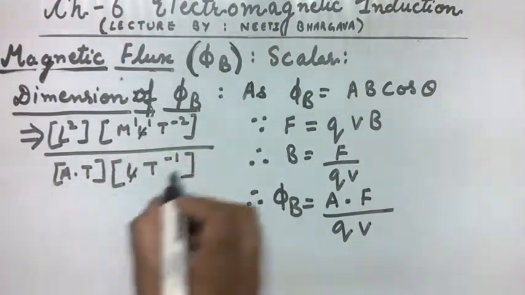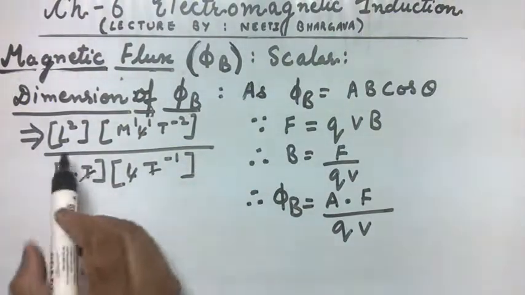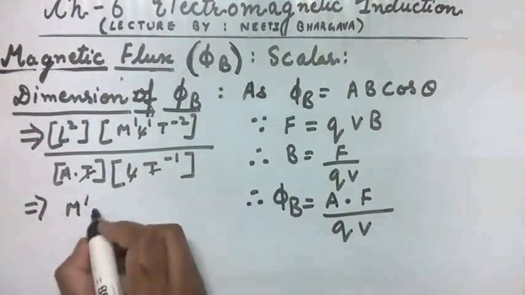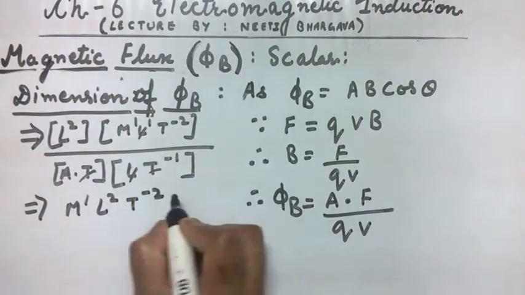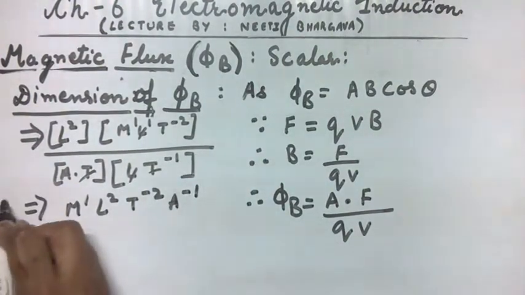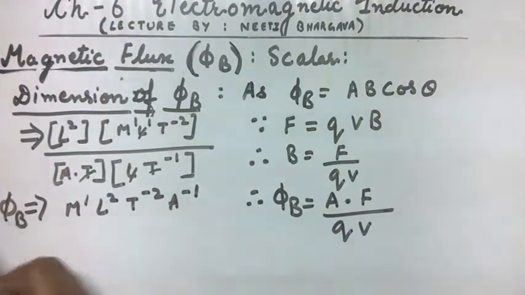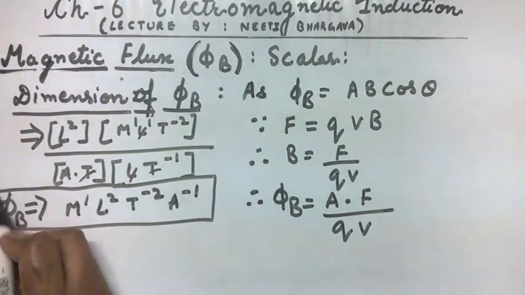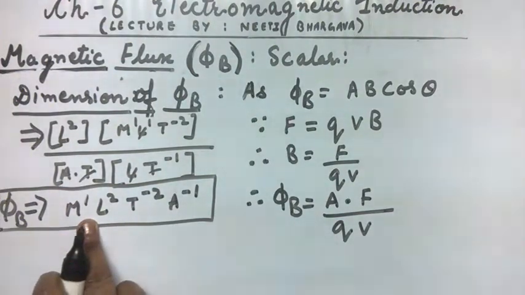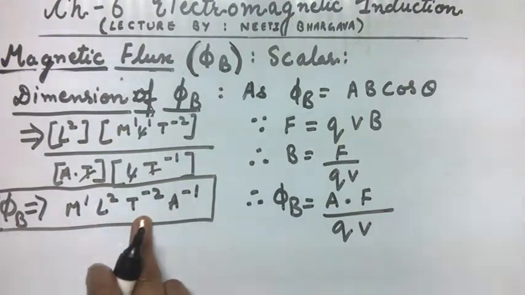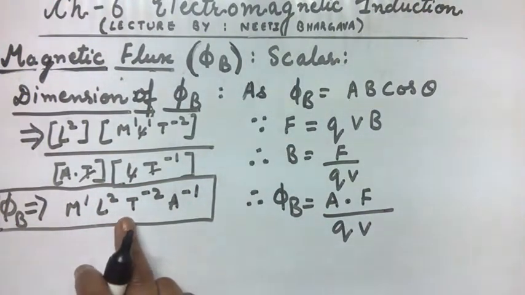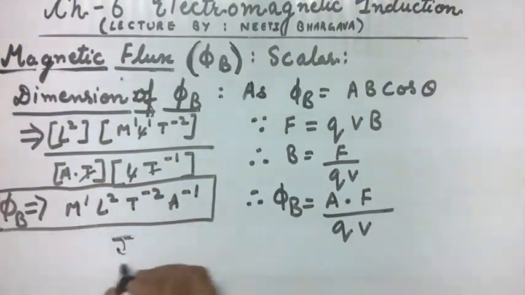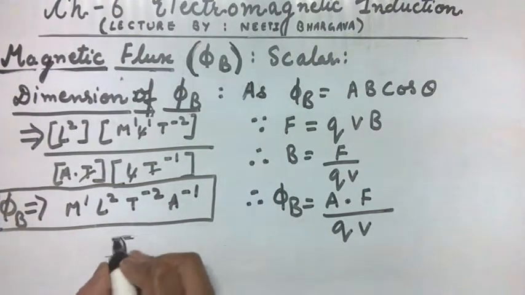L and L cancel out, T minus 1 and T. Here we are remain with M1 L2 T minus 2 A minus 1. This is the dimension of magnetic flux. And we can further convert it into volts second. That is, we have studied that the dimension of energy is M1 L2 T minus 2 and the unit of energy is joule. Therefore, joule per ampere we can write as magnetic flux,